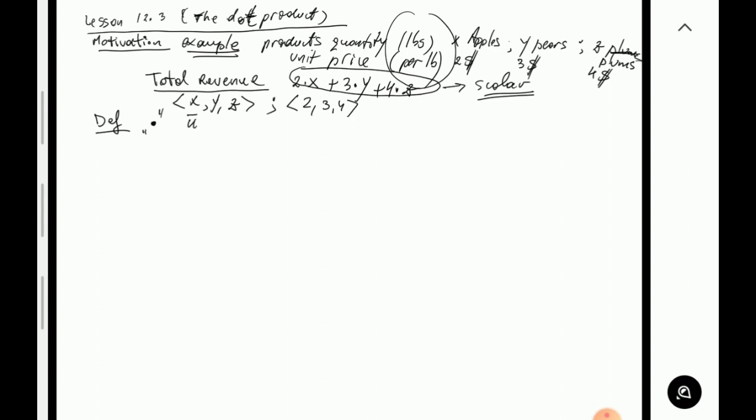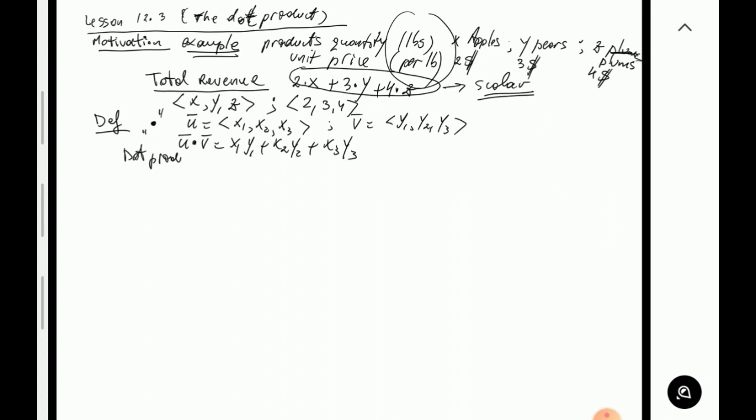So suppose we have two vectors, u in the component form. From now on, we're going to use the component form. Let's say u is given by the components x1, x2, x3, and then v, the components given by y1, y2, y3. Then the dot product u dot v is going to be x1 y1 plus x2 y2 plus x3 y3. So this is the dot product, right? It takes two vectors and returns a scalar,